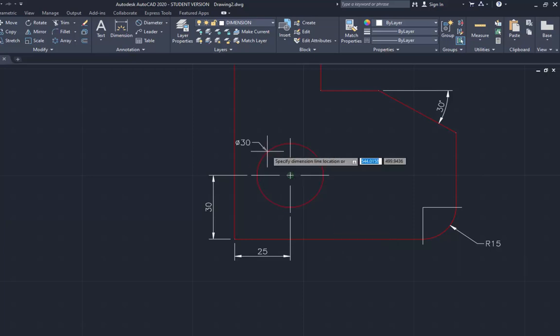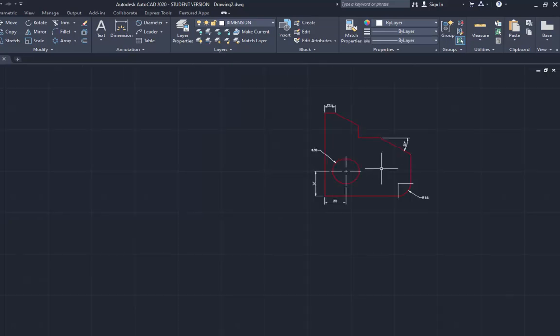So we want to use the diameter dimension because it saves the operators making additional calculations. And every time somebody has to make an additional calculation, especially on a workshop or factory floor, in their head when they're in a hurry and trying to get stuff done, there's more likely to be a mistake made. So your job as a draftsperson is to supply the information that they need to make the object as